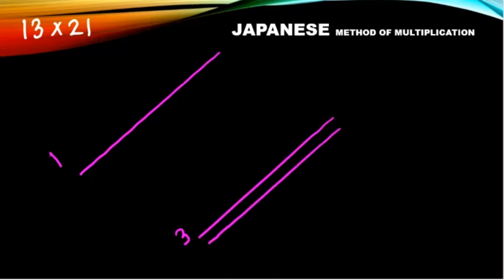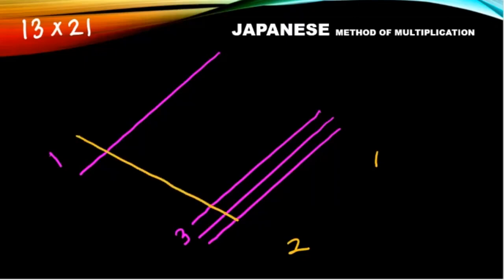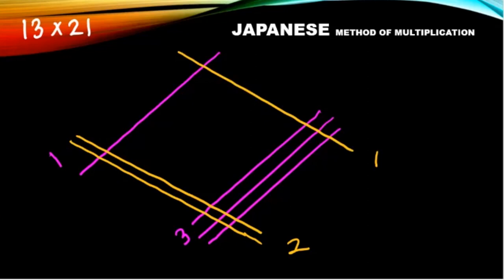Now children, we will see the last method, that is the Japanese method for multiplication. Here we will consider the example 13 into 21. So children, here first we will write down 1 and 3 in this manner because we have to draw the slanting lines according to the number. As there is only 1, so we will draw 1 line, and for 3 we will draw 3 lines. Now in the multiplier 2 and 1, so we will draw 2 slanting lines and 1 line over there